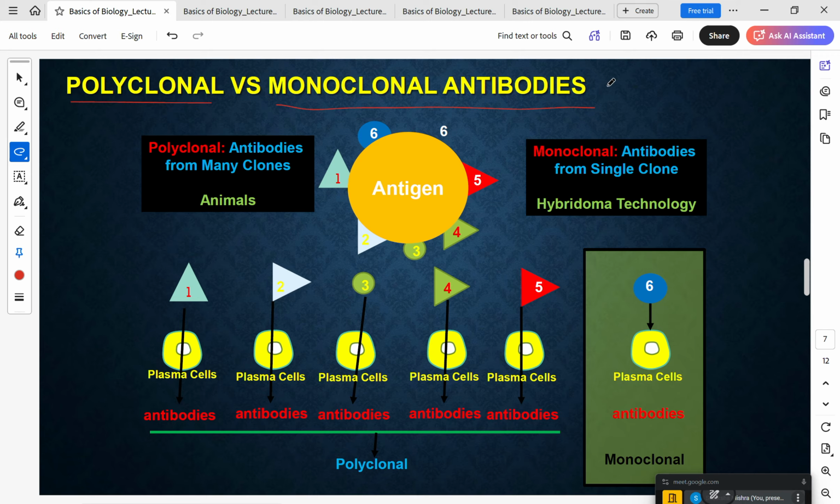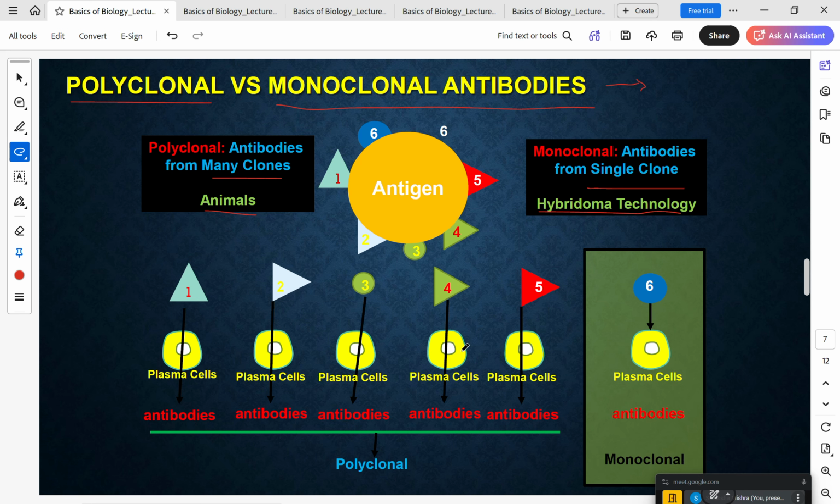This division is essential when you are doing experiments with antibodies such as western blots or immunofluorescence assays, where you need an antibody against a specific protein. In those cases you consider whether you want a polyclonal or a monoclonal antibody. Polyclonal antibody, as the name suggests, is from many clones, and usually this is produced inside animals, inside mouse, rabbit, goat, etc. Monoclonal antibody comes from a single clone. It is generated by hybridoma technology, the details of which we'll go into in some time.